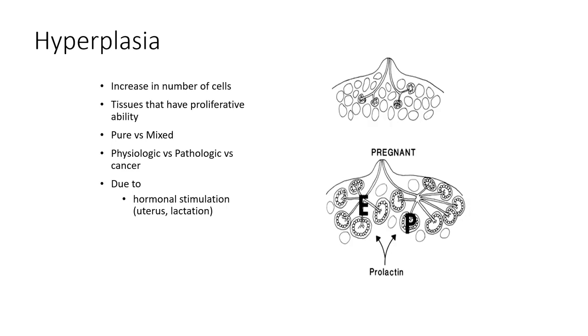so that lactation can take place. So there will be an increase in the number of glands in order to produce more milk for the lactation to take place. So it's under the effect of a hormone, that is prolactin. Another example of hormonal stimulation, which can be pathologic and can transform to cancer, is the effect of continuous